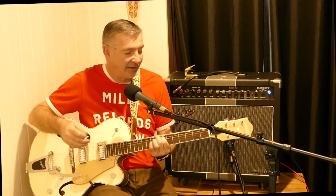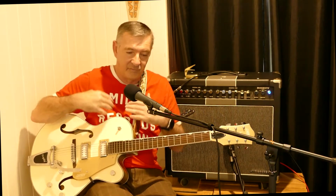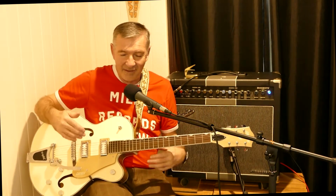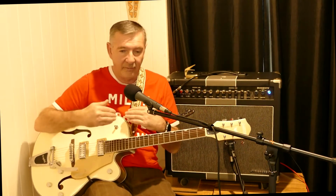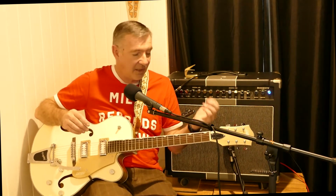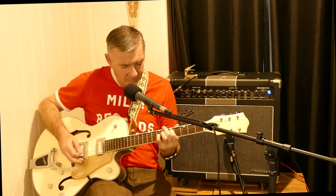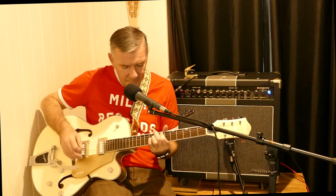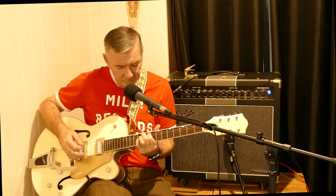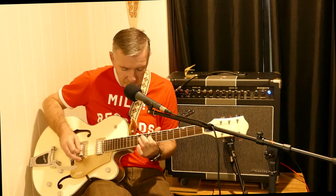So it's quite articulate. You can hear the separation between the notes. Often one of the fallbacks of a full hollow body is that you don't get that separation. You get this lovely bloom, but you don't get that separation. So we're in that middle position here right now with both bridge and neck pickups engaged, and there's still a wonderful amount of separation. If I play that octave, and the drone,